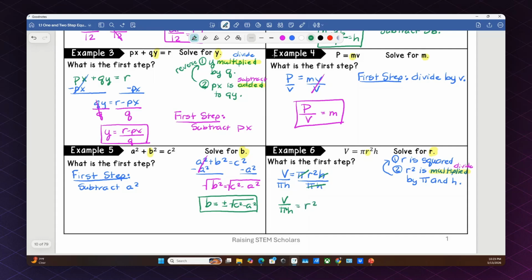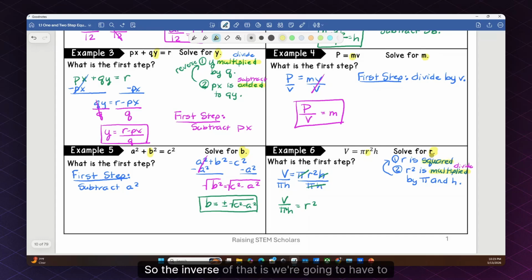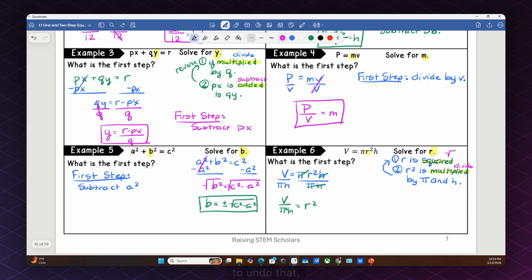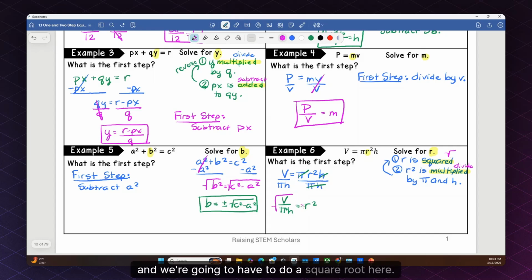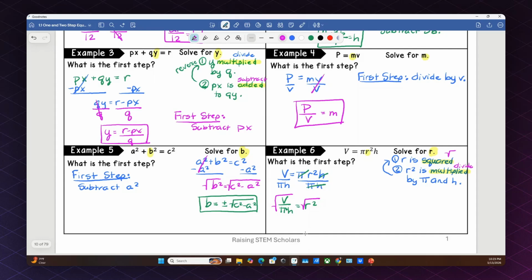Now, the r is squared, okay, we said that right here. So the inverse of that is we're going to have to do a square root to undo that, which means we're going to do a square root here, and a square root here. So we're going to get the square root of V divided by pi h